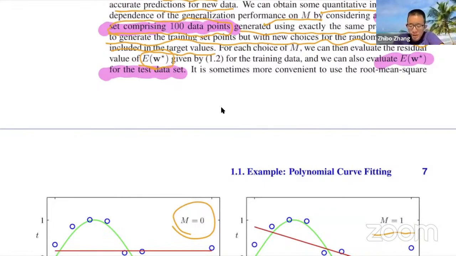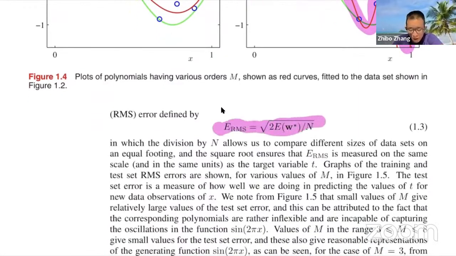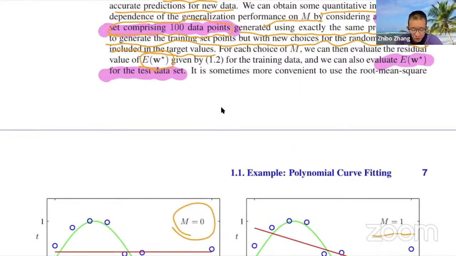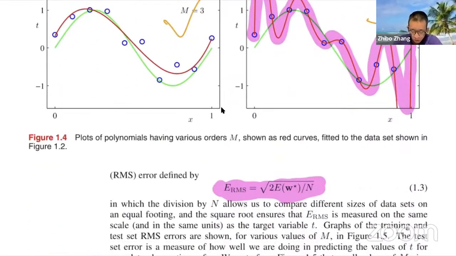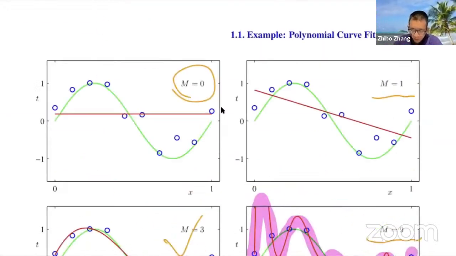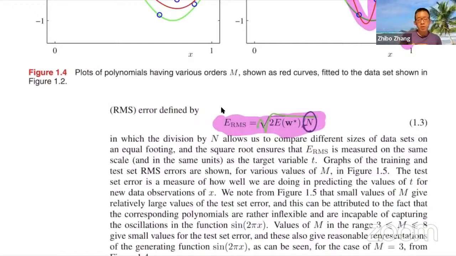It is sometimes more convenient to use the root mean squared error, defined by... root mean square error. What does it mean? There are two important terms here. Do you notice that? What is that? Root. Another thing is mean. So you're averaging the error by the number of observations or the number of data points, and then you take the square root of it, which is called root mean square error,